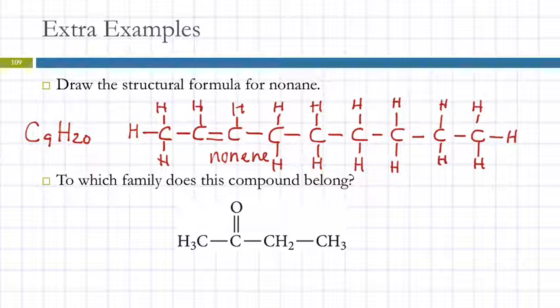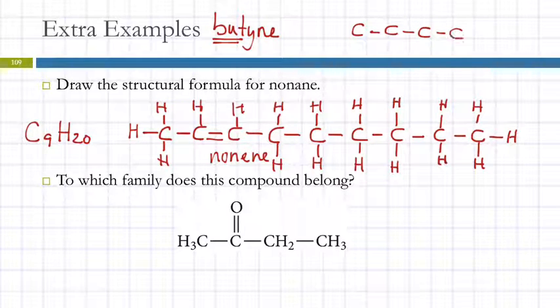So if I asked you to write or draw a structural formula, say for butene, so this prefix but means how many? 4. Mom eats pickled bananas, it's 4. So 4 carbons. And butene is not a specific enough name that you would only get one structure. There's a couple of different possibilities. I wouldn't expect you to have a particular one. I would accept any that fit this description.